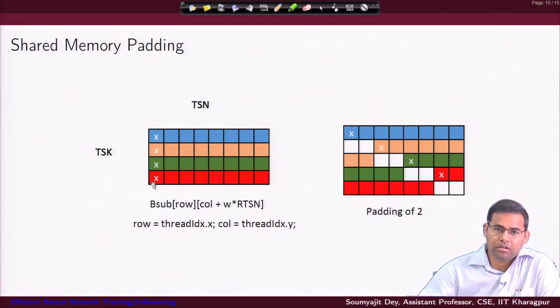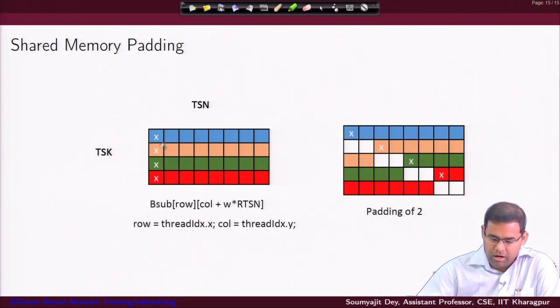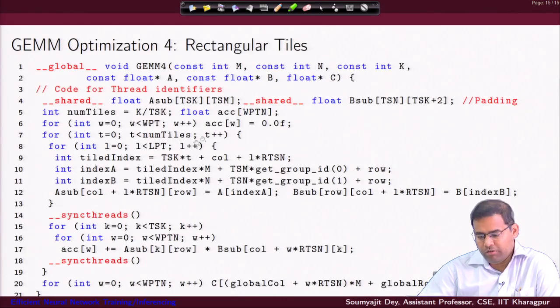So, we will do a simple optimization that we have studied earlier, which was just putting in extra locations, which are padding locations. Earlier, without padding, your data would have come in like this, but now your data would be coming in like this, because this is the first data, right, and then after all the paddings, the next data point is here, the next one is here, the next one is here. So, these are the data points which the warp will actually access, right. I hope this is clear, but still I will just repeat.